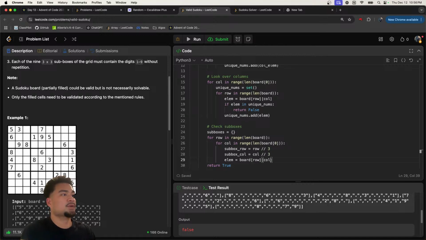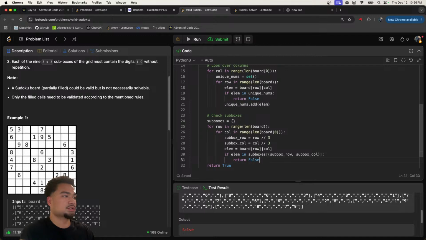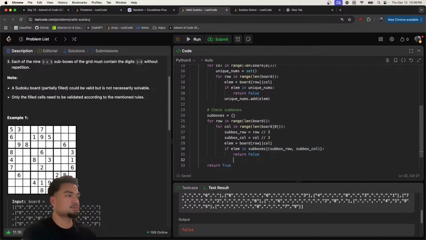And then what we need to do is, if the element is in the sub boxes, sub box row, sub box column, then we return false. Otherwise, we grab our sub box here and then we add, or we no longer add, but we say,